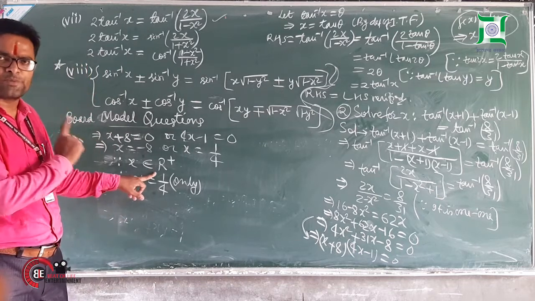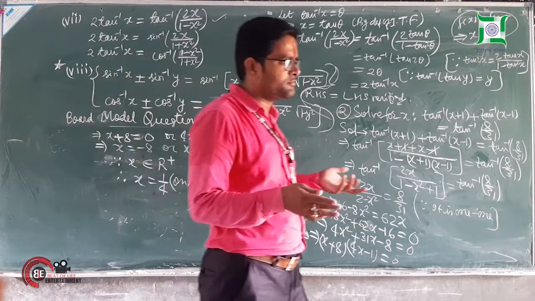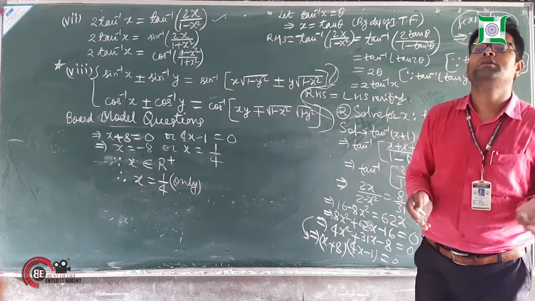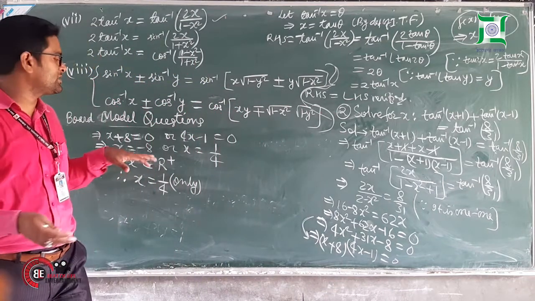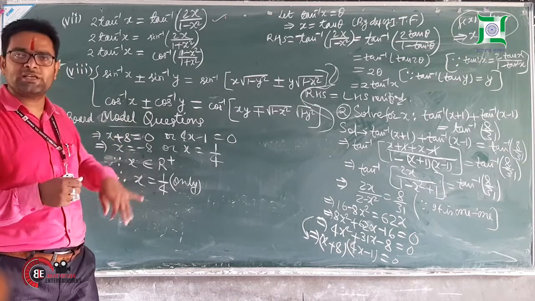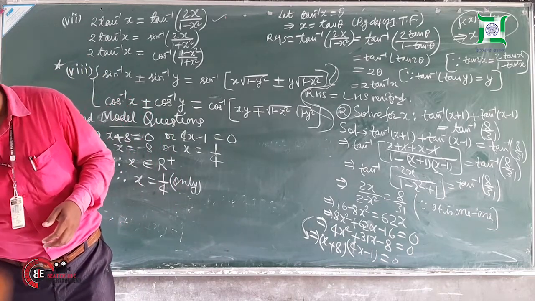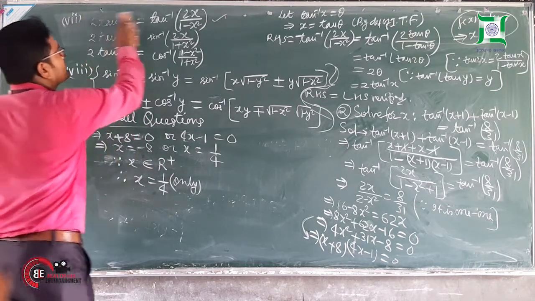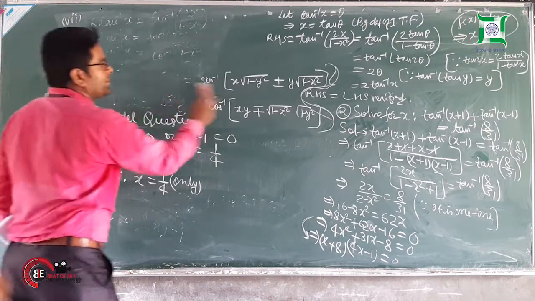You must write this type of reason because whenever we are solving for x, we are generally finding the domain. Whenever we are solving for an inverse function, we are actually finding the principal value branch. So remember that whenever we are discussing these values of x, we have to work on real numbers, and especially for inverse, positive real numbers. Now, let us see the next question. In this way, we can solve the questions.